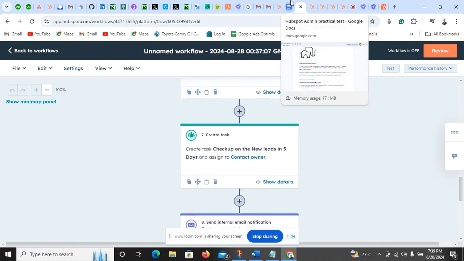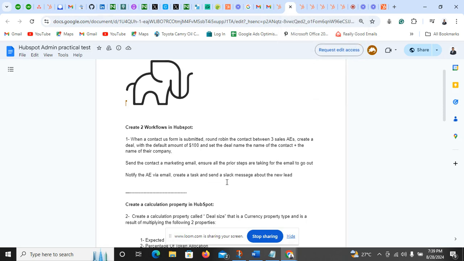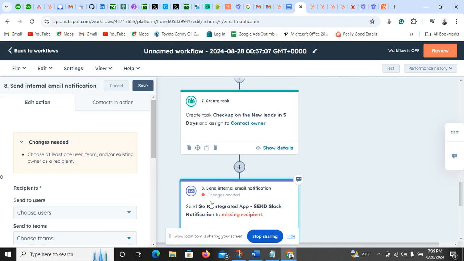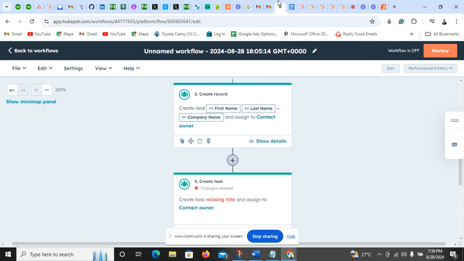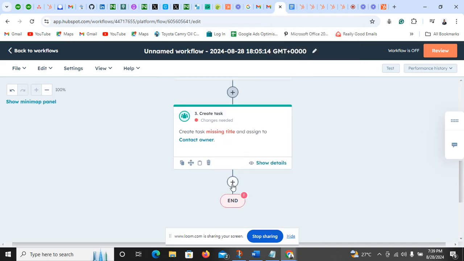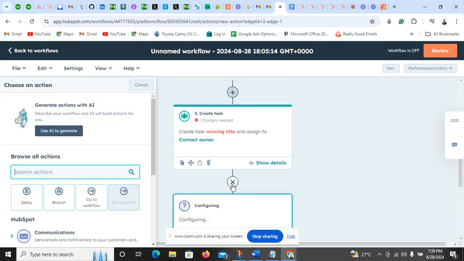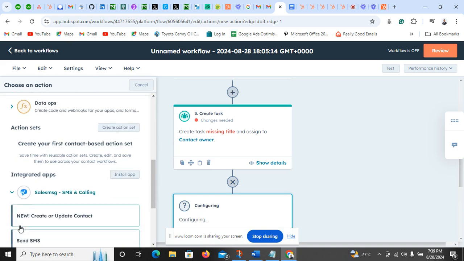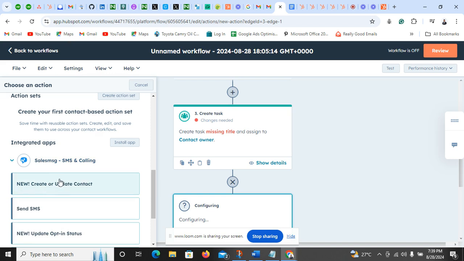So the next one is to send a Slack message about the new leads. So what I'll do here, unfortunately this account doesn't have the Slack integration. So I don't have the Slack integration, so I will just describe how I'll go about it. I'll go here, then come down to the integrated app section, then choose Slack. Let's say this is Slack, for example. Then I will say send notification